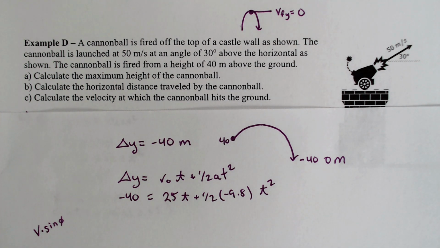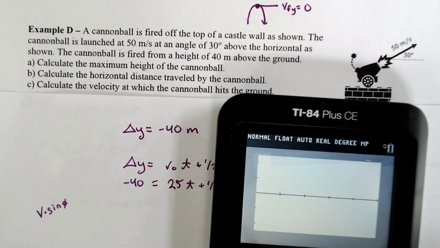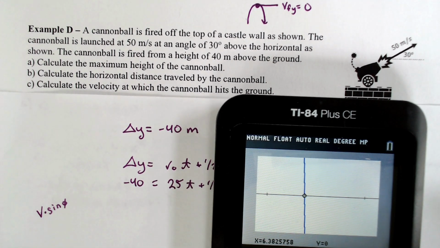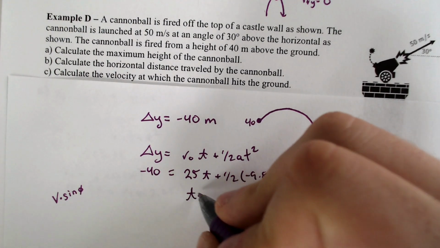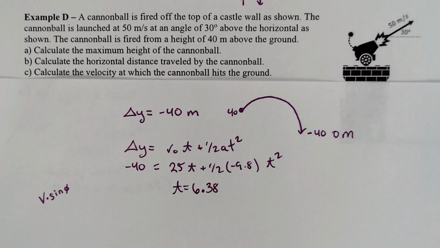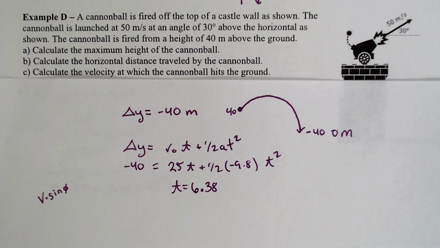Plus 25x plus 40, graph. According to my graphing calculator, zoom in. And again, I need to get the quadratic solver on this one. 6.38. So that means the time that it landed was 6.38, which was a little bit more than double the time that it reached its maximum height because it didn't launch from the ground. Once we know the time it hits the ground,